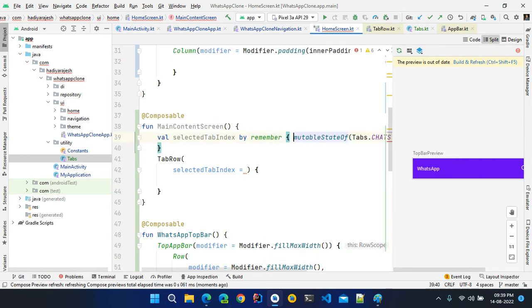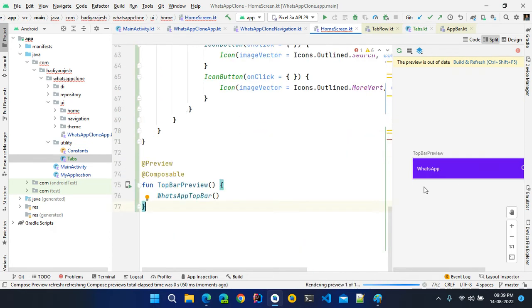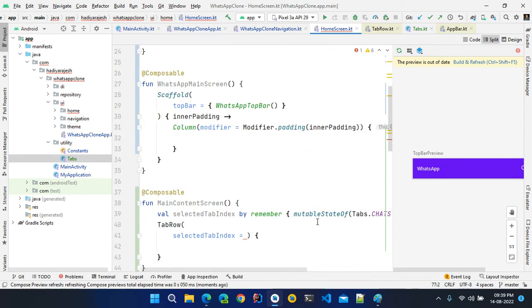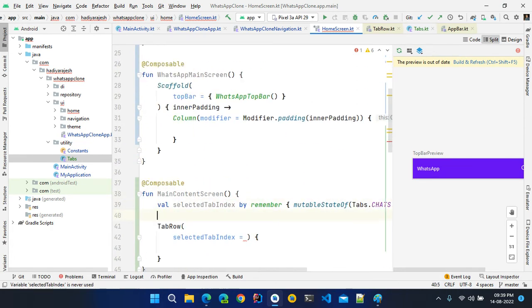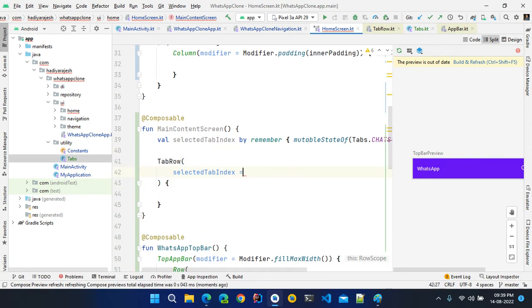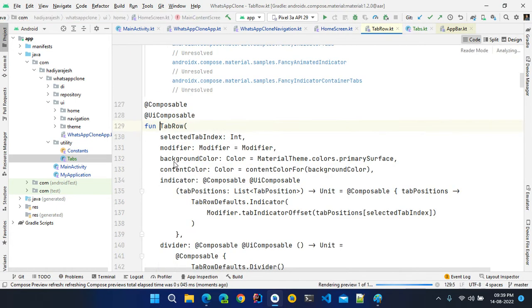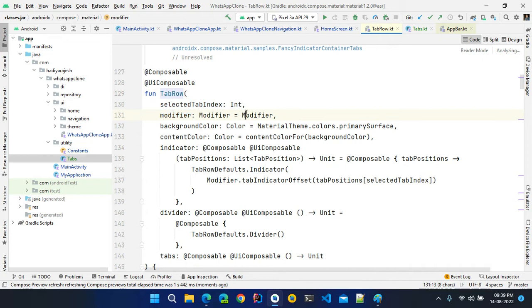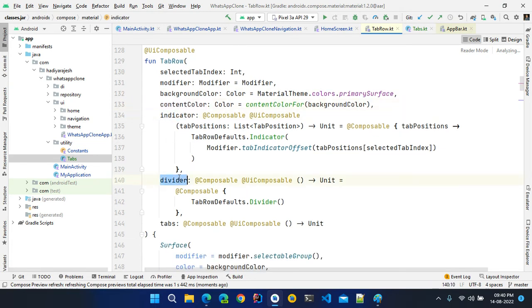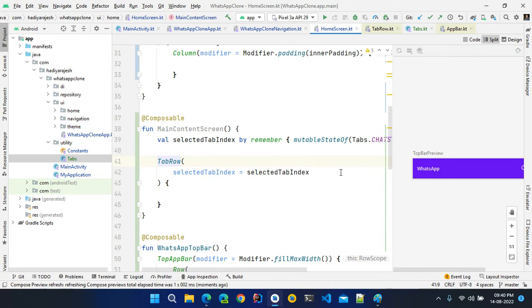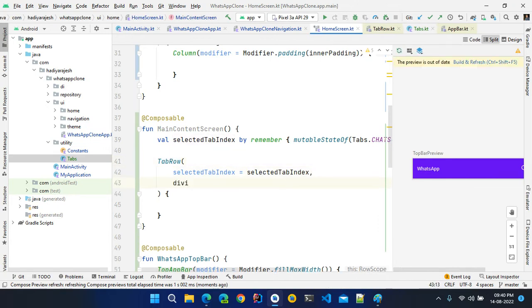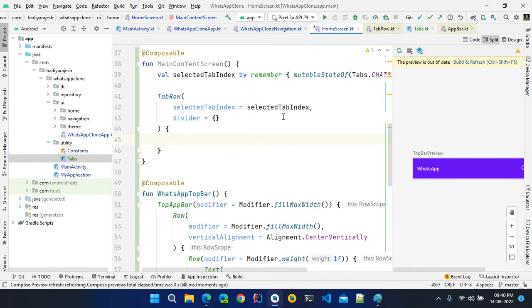Okay, so it will provide zero as the value, because it's the first thing. So we will use that as a selected tab index. And what other properties do we need? See, modifier equal to modifier dot background. Okay, so background color is primary surface, so let's keep it for now. Indicator, divider, okay, so let's say we don't need any divider for these tabs. Divider will be like this. Okay, and inside,